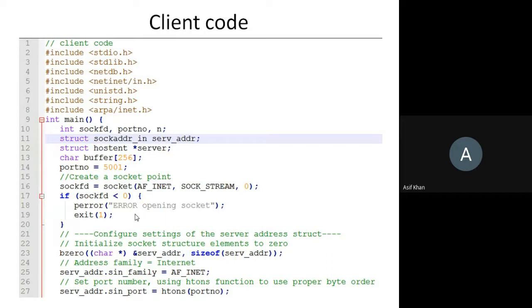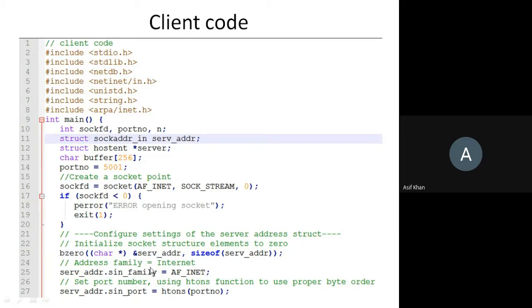Now the first function you have to use is your socket function. The socket function is called here, and it is the same arguments you have to pass: AF_INET, then SOCK_STREAM, then 0 you have to pass. Then it is returning an integer value that you need to store in some variable. So here sockfd is the variable that stores the endpoint information, right? And then this is the same, you know this, and now you need to assign or initialize the address information of the server where you want to connect, meaning where this client will be connected.